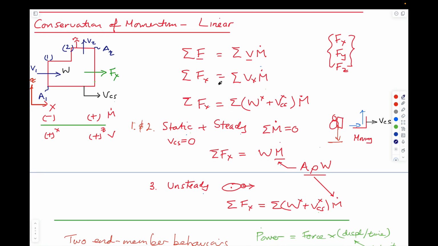Conservation of linear momentum is really just a manifestation of Newton's second law. F equals ma, which we prefer to write as d(mv)/dt in terms of our substantial derivative. If we do that, we can use Reynolds transport theorem to write the vector of forces equals mass times acceleration. That's all this is. Mass rate times a velocity. Mass rate is a mass